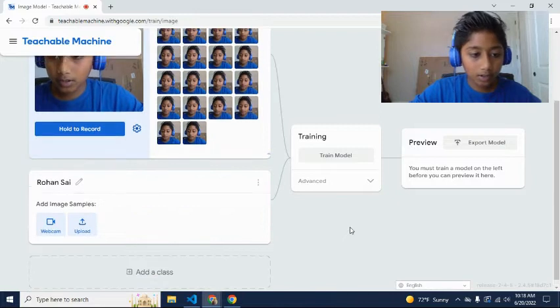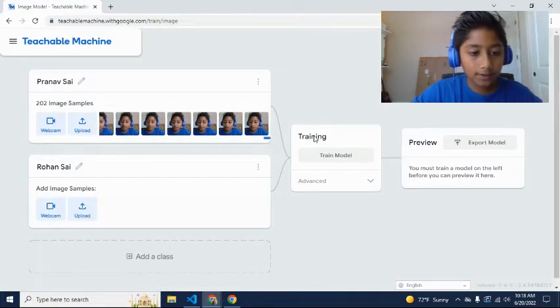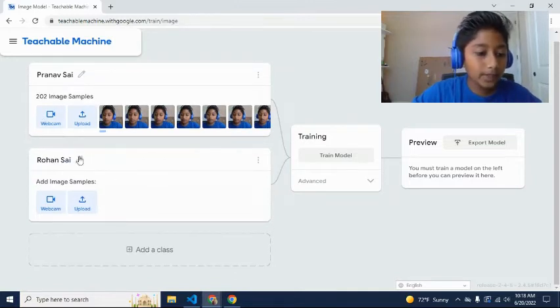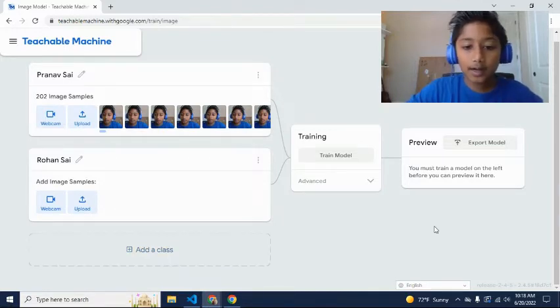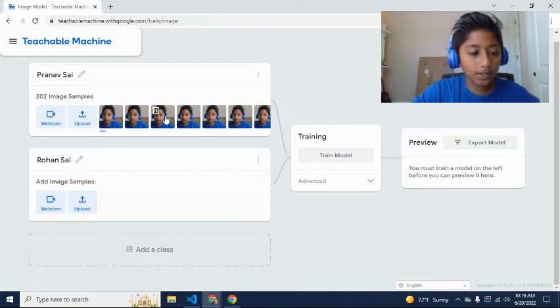So now we're actually good. So we have this, you can exit out of here. And you can see we have all of these images that were just taken. Perfect. Now we can do the same thing for my brother, which I will do after this video. Okay, so basically we can just train this model once you're done. So for my brother, I actually have some images in my